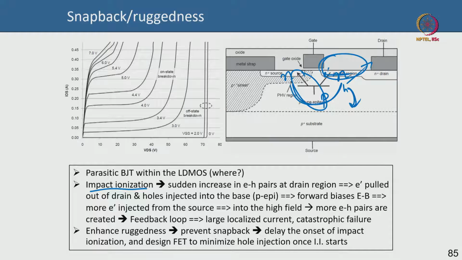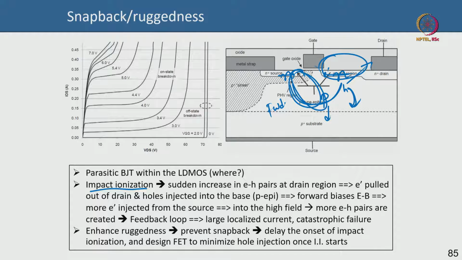Now it's like the holes are feeding into the base, correct? So because holes are feeding into the base, you can say that the emitter-base junction is like a forward bias junction because the holes are being fed into the base. Okay, and because of this forward bias emitter-base junction, more electrons will be injected from the source side,